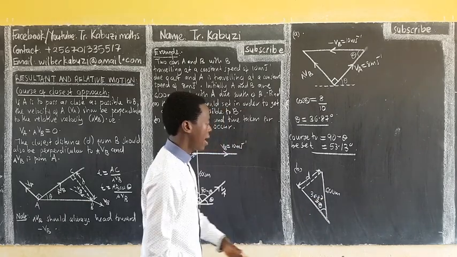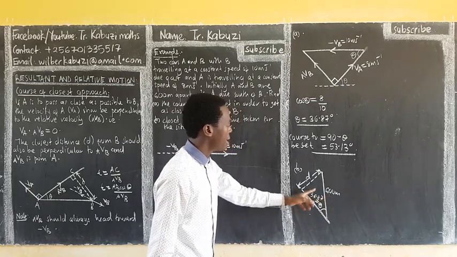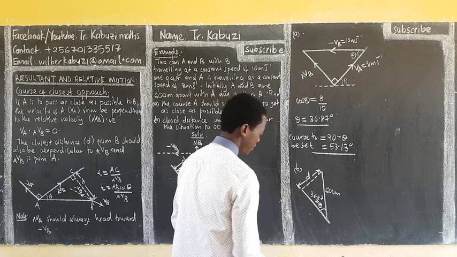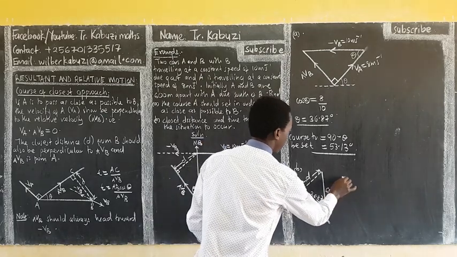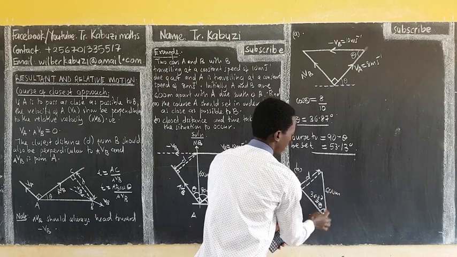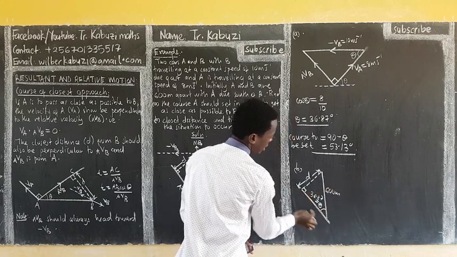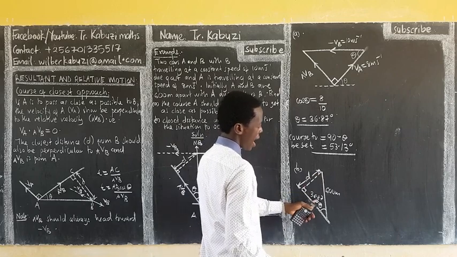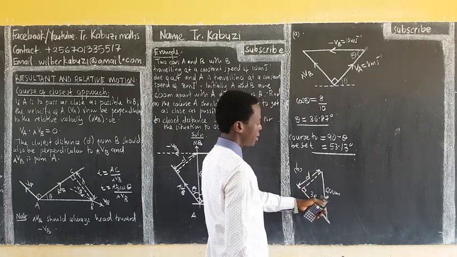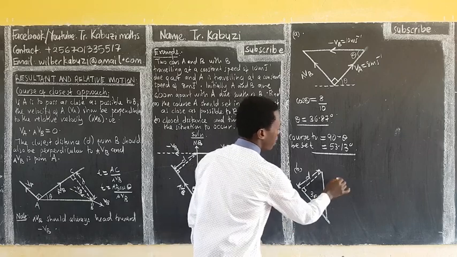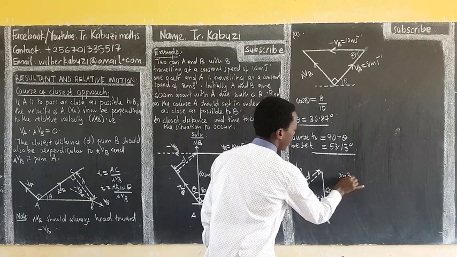36.87. So I have adjacent, I have hypotenuse, I have the opposite. So from there, you can see that now my sine, this is hypotenuse, this is adjacent, and this is opposite. So I need this, I have this, I have this. So hypotenuse, opposite, that one means we are going to use sine. So from there you can say my sine